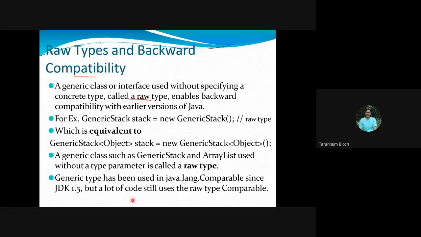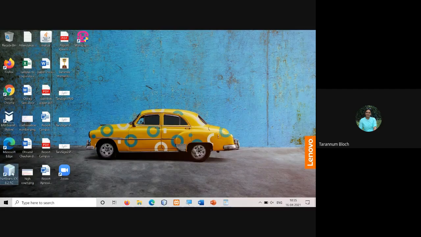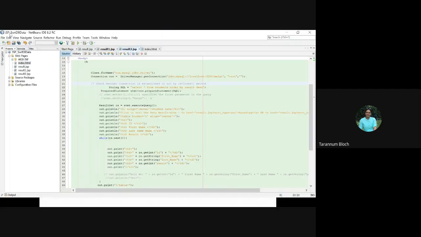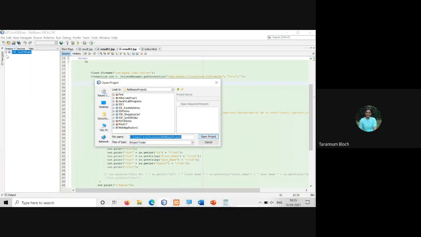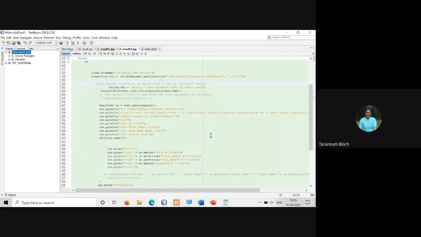Not working in the sense, like I'll show you. When something is not working, it's not like it will totally give you an error, because something else has come in its place, a replacement. Exactly, because we have something which is better than that one. Are you getting the point?